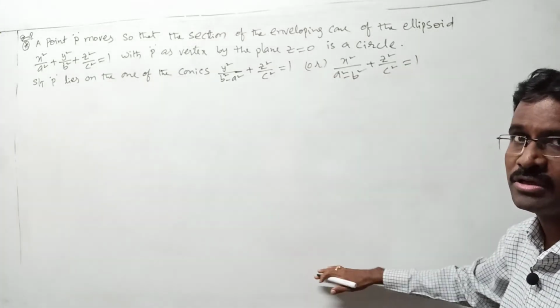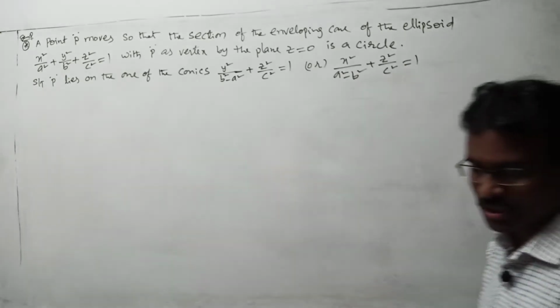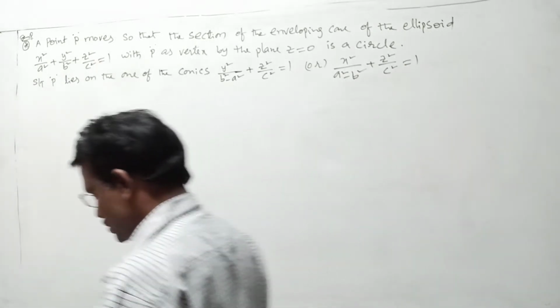After proceeding with our simplification, you must get either this answer or this answer. In two cases you have to proceed. But once you go through your question,